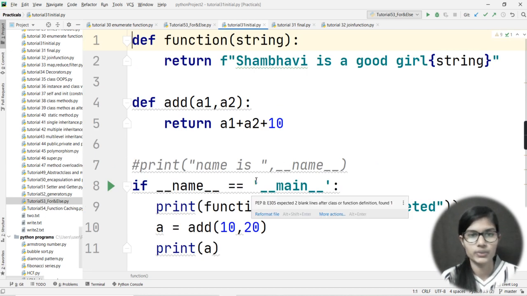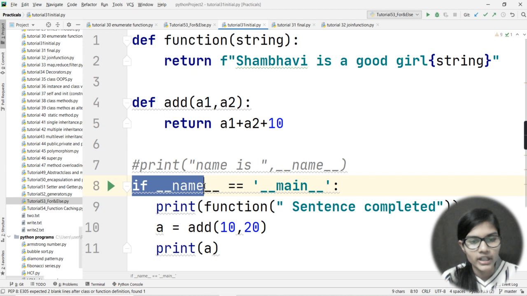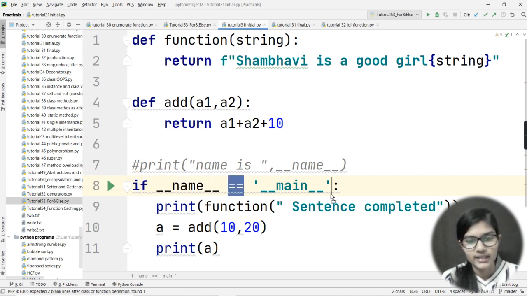Okay, so basically how do we use them? Have you studied C and C++ or not? In C we have void main, int main, and in C++ also we have void main, int main. So basically these are the main functions. Now in that manner only, in Python also we have a main function, but that main function is written as if __name__ == "__main__".